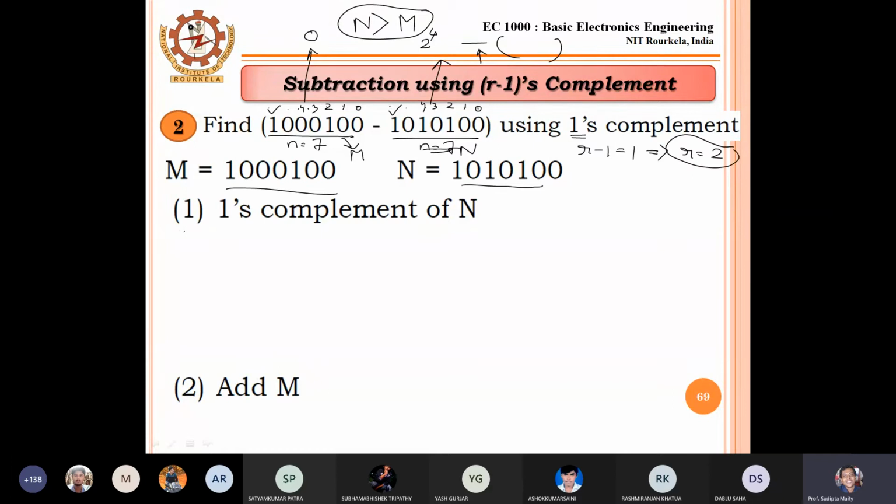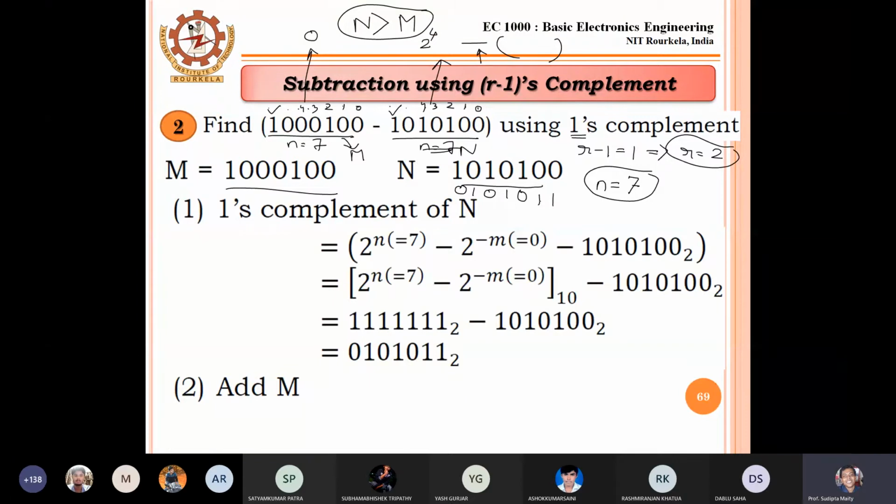We already found small n equal to 7. If I find 1's complement of capital N, my answer using the shortcut process should be this. Using the standard procedure, this is the process.